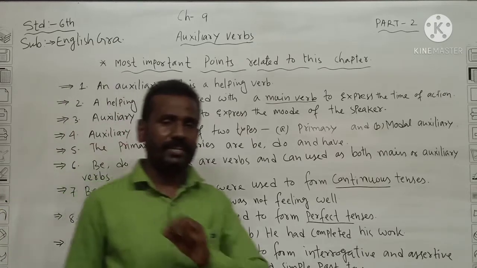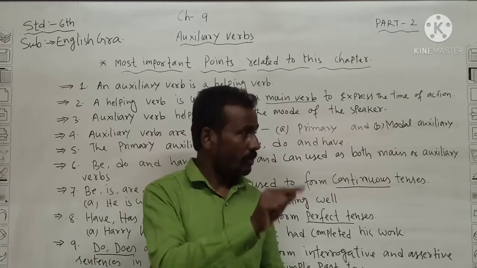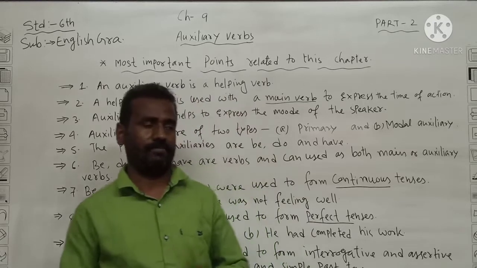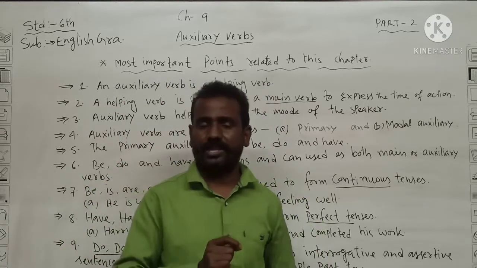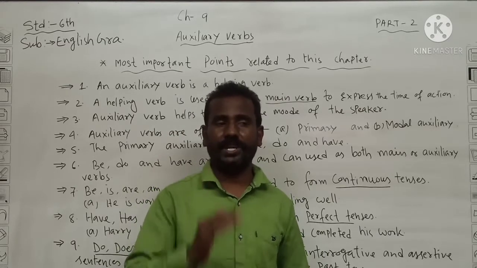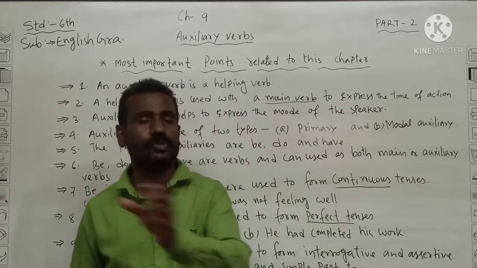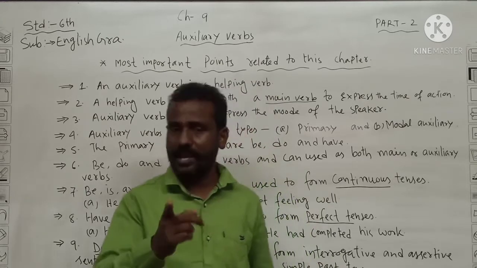So then I am saying now do. You have to form the question. First of all I do, but कहाँ use करेंगे? This is the main point. Do is used with I, you, we, they, and more than one person. You can use do. And does is used with he.